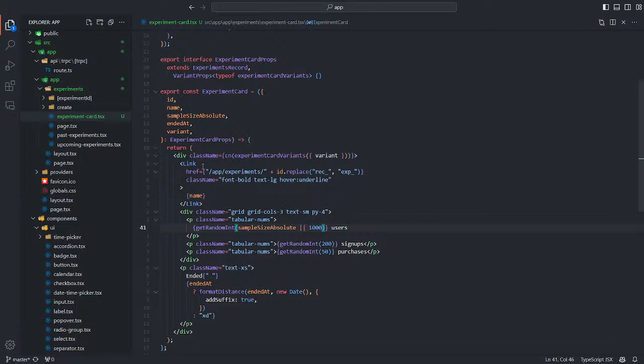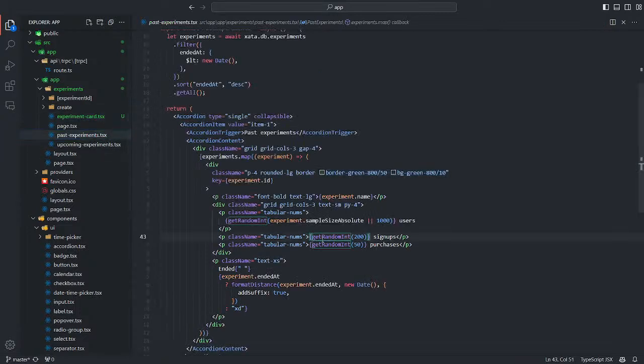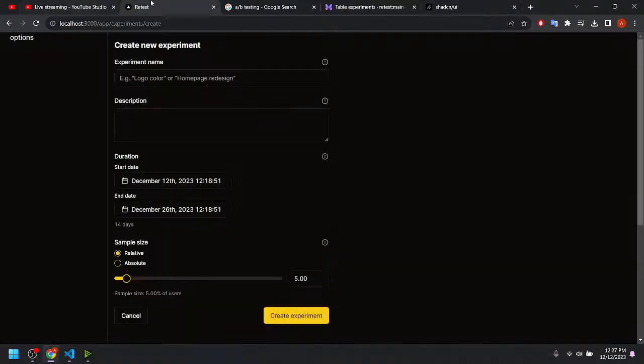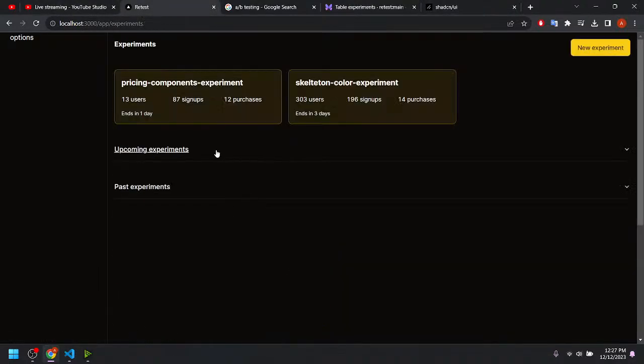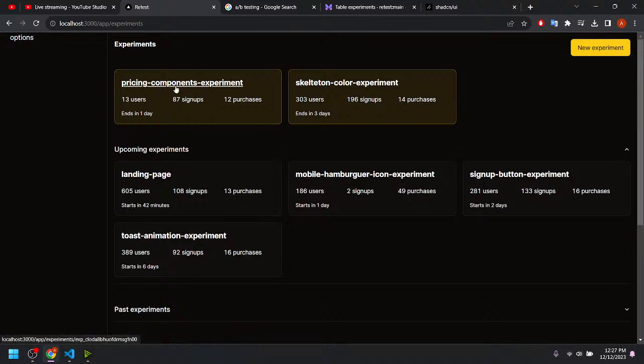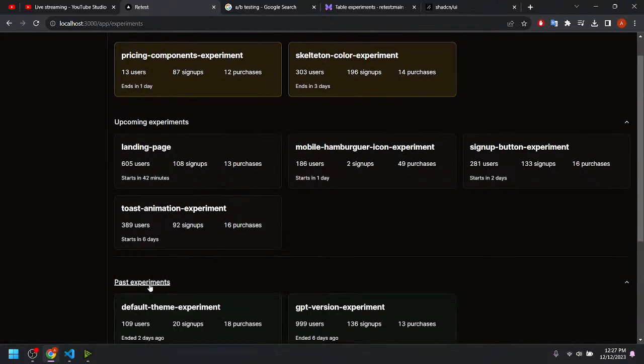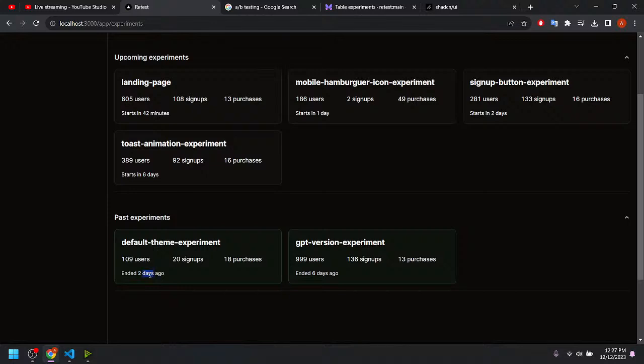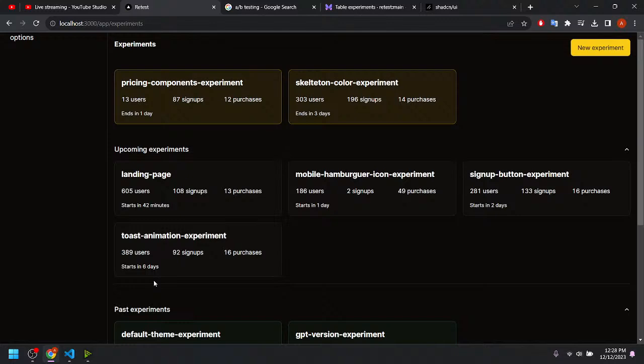But depending on the variant, we're showing different strings here. For example, in the active events, we are showing it ends in 1 day. Upcoming events, it starts in 1 day. Past experiments ended in, yeah. So let's change that.